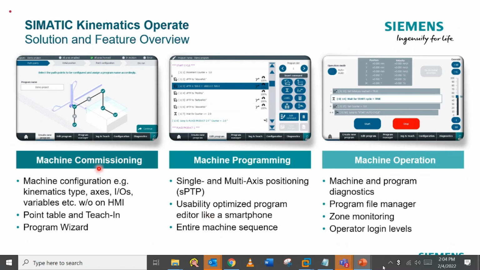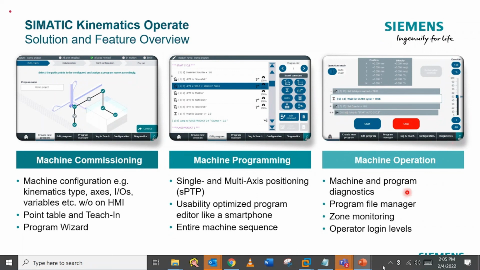In that application, you can commission your machine, meaning you can define the complete path, and the path parameters can be taught. You can copy them into the editor program and use them in the editor. In the editor you also have different commands: wait command, label, loop commands, and the positioning commands. So you can configure your complete code sequence from the HMI in the editor, and then you can control,